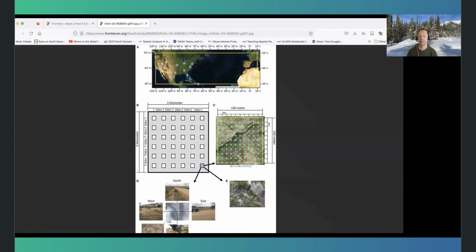If we weren't able to get there on the ground to take photos, then we can look down and describe what is there: trees, shrubs, grass, that kind of thing, just like what we see down here in the photos,